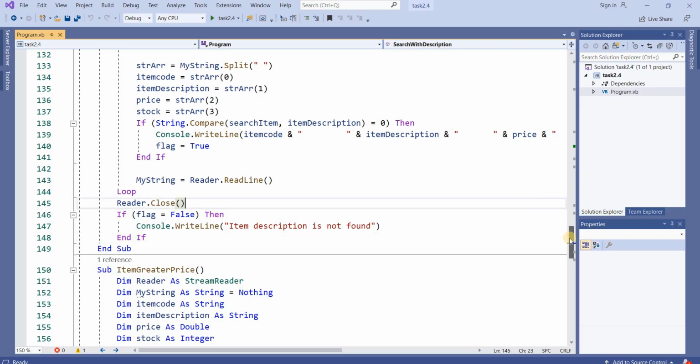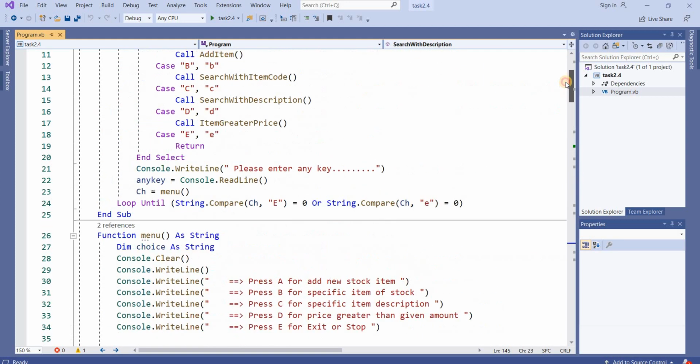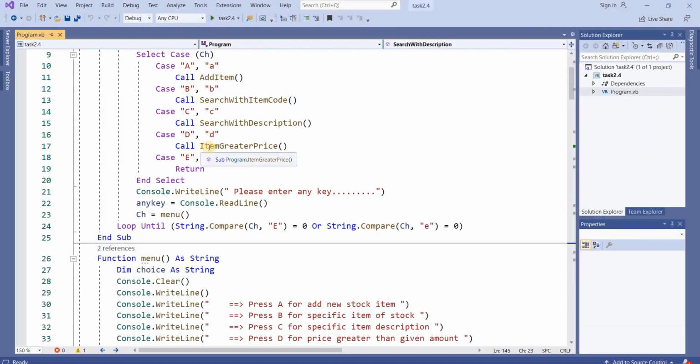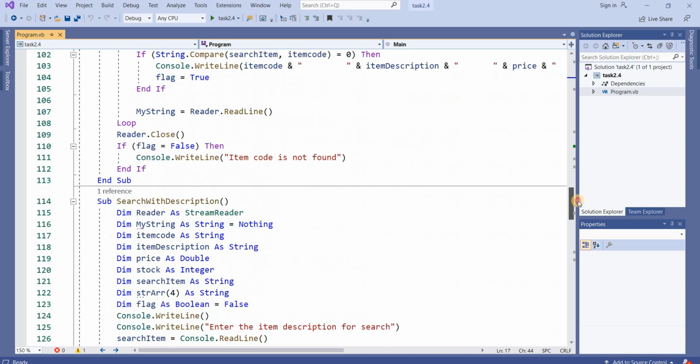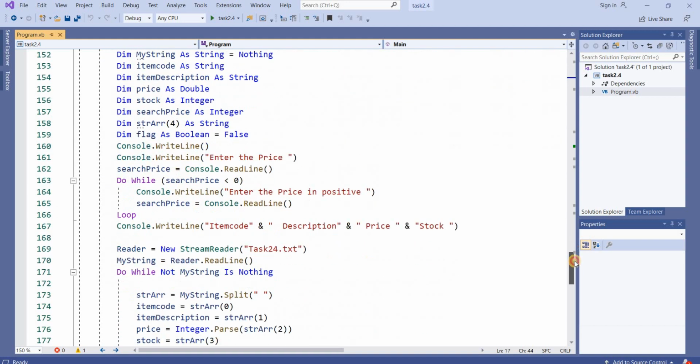Next is the fourth function. What is the fourth function? Output a list of all stock items with a price greater than a given amount. It is called item greater price. I have given the function name item greater price. It has the same functionality as we discussed in the previous two functions. But what is the difference here?